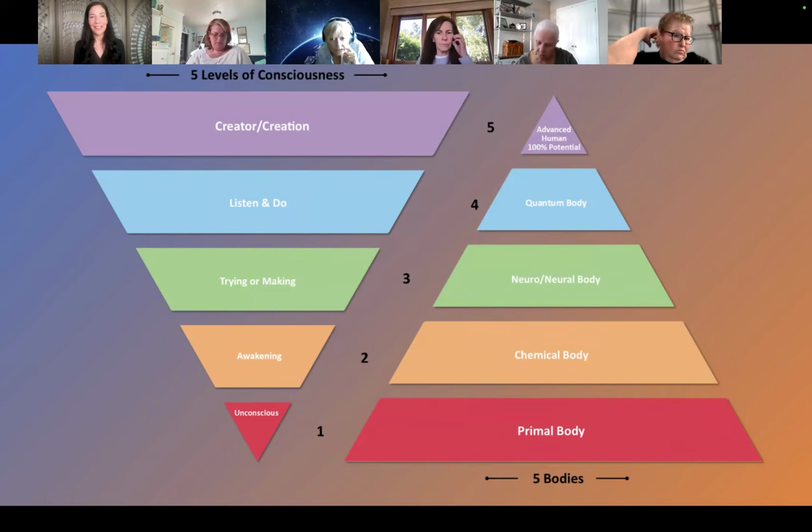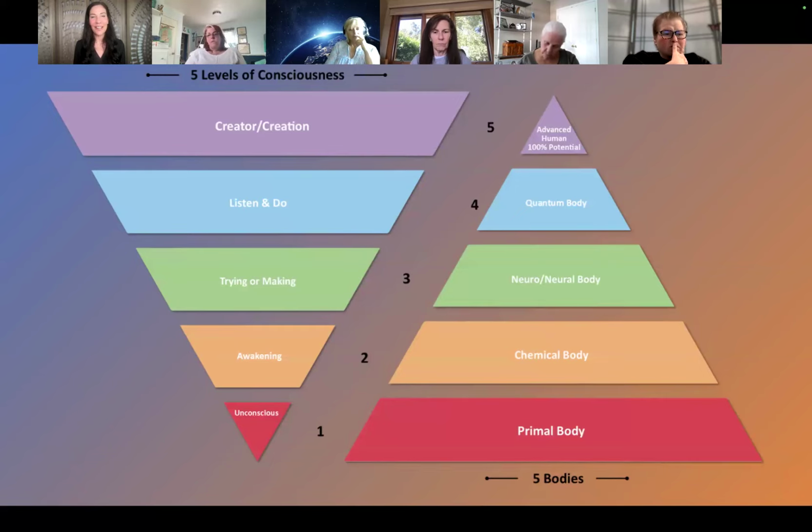And when the nervous system takes over, we start to repeat habits, because it's what our body knows and it's comfortable. So we have that little boost of dopamine, then the dopamine runs out, the nervous system takes over, and we start to repeat habits and we're stuck in that third level of